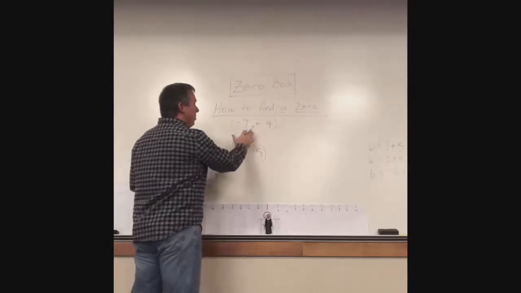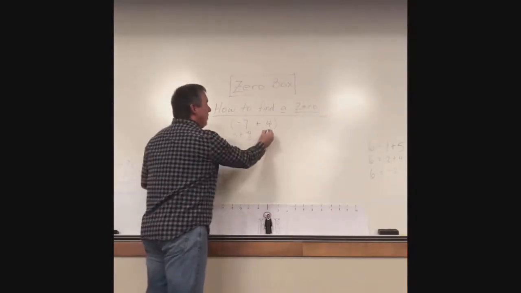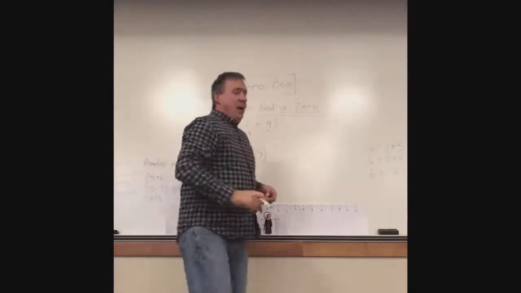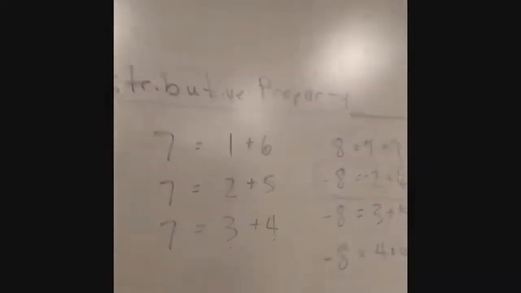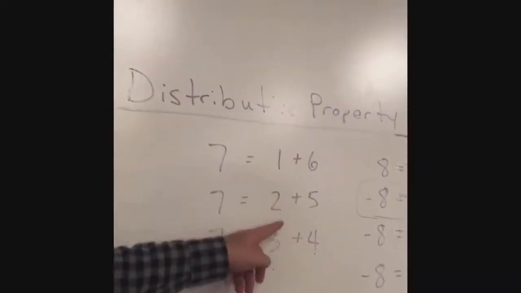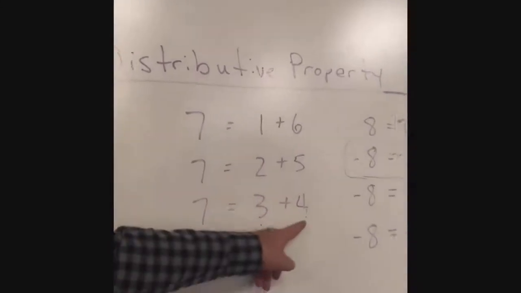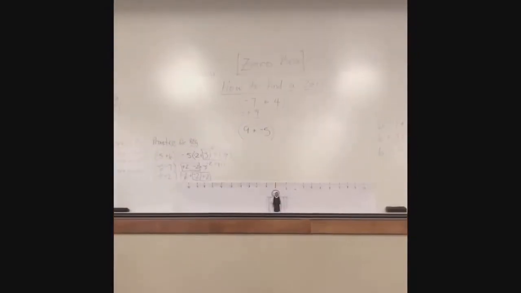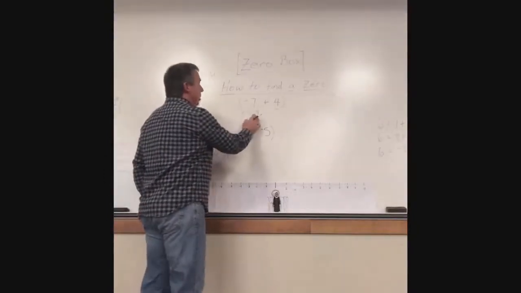Now we're trying to use the equivalency that includes the 4 because the 4 is over here. If we take a peek back to our distributive property ideas, which one has a 4 in it? There it is, right there. So that's what we're shooting for. And there it is. So minus 3 plus 4